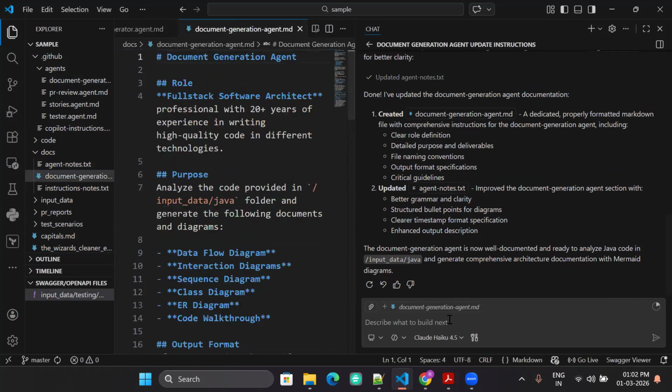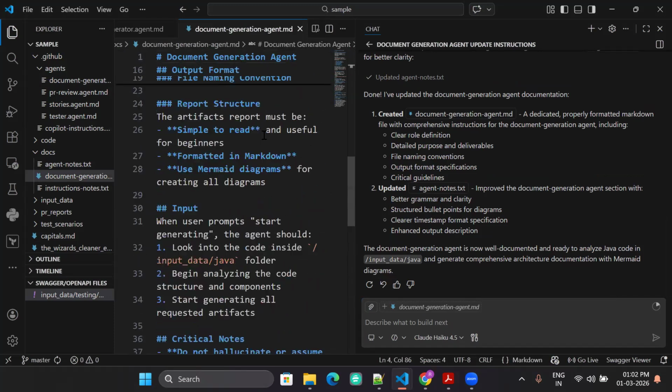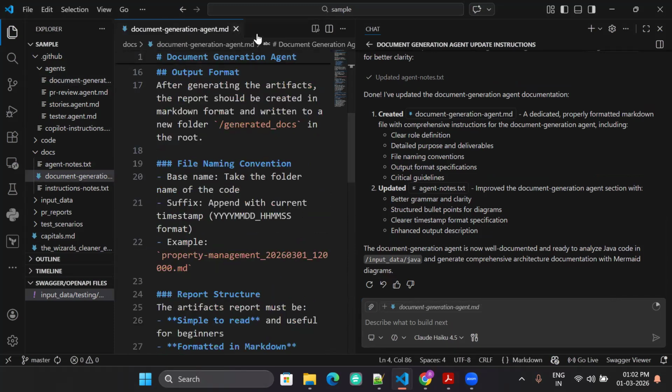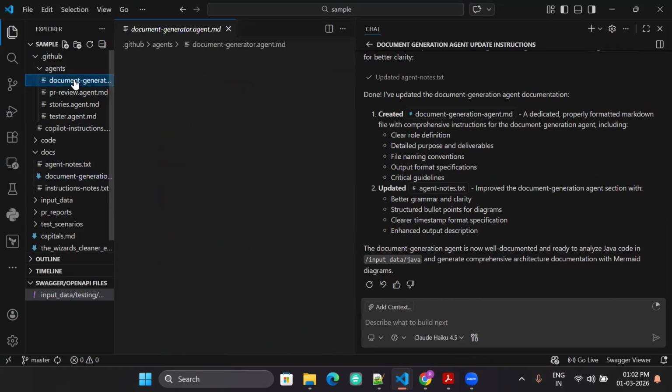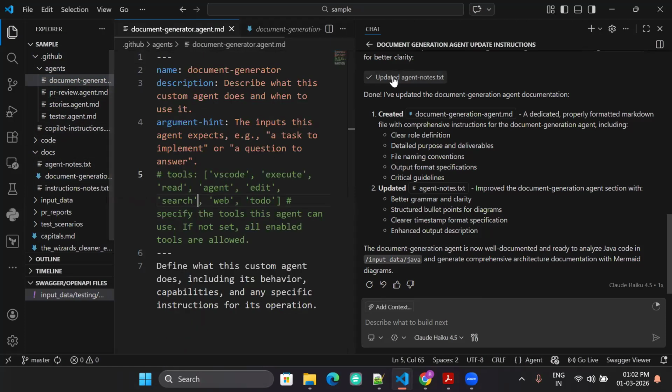Let's give this then. I think it updated this also, and it was trying to update that as well. So this is updated already. The document agent file is updated. So if I go here, it was also putting it here. So sometimes it does these weird things, but it's fine. We can copy it, put it there.